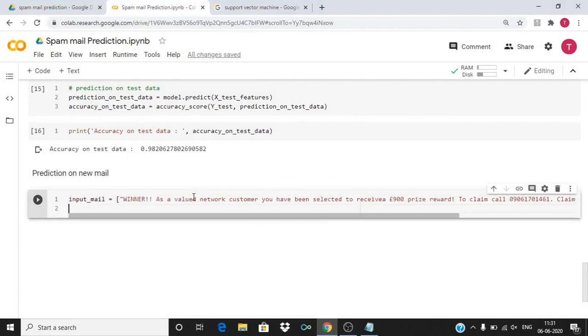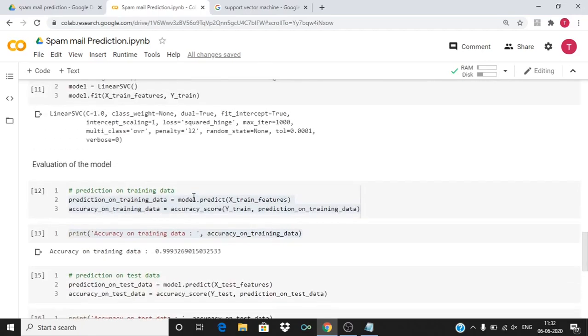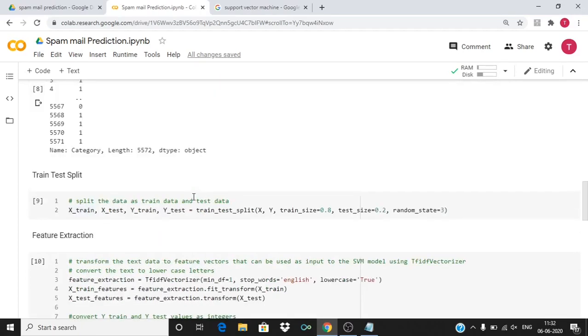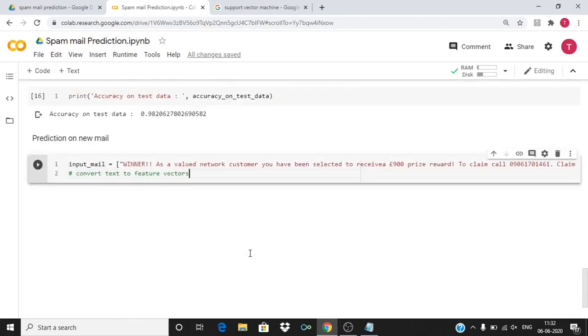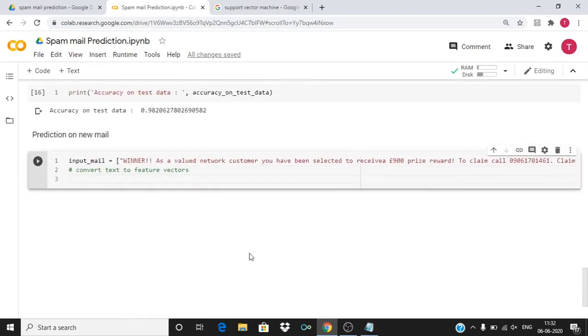Okay, now we need to extract the features. So convert text to feature vectors. We will feed this feature vector to the model and we won't feed the text directly to the model. It's the same method we have done before. So input mail features, let me name it as input mail features